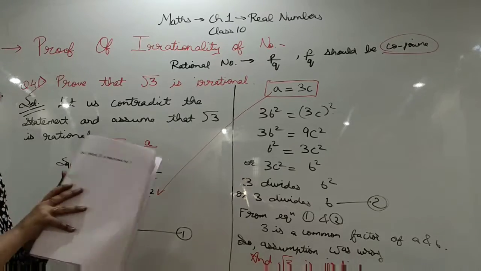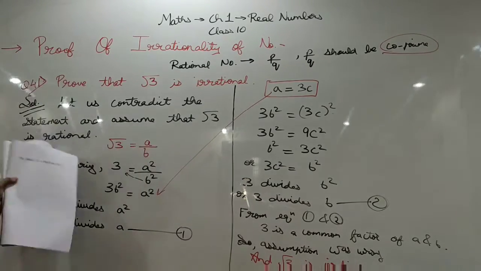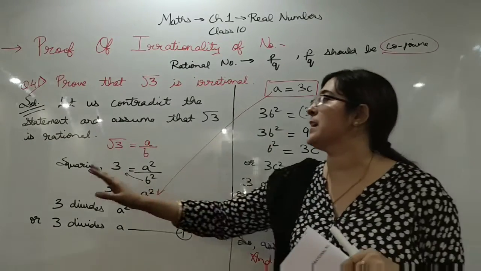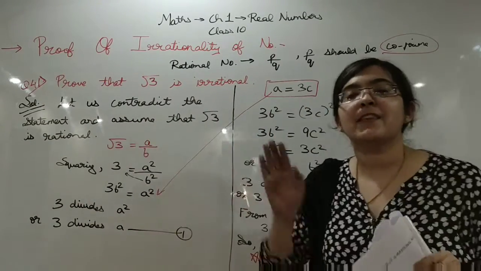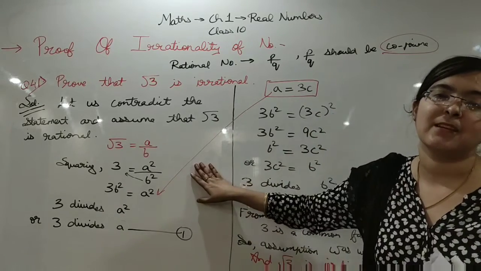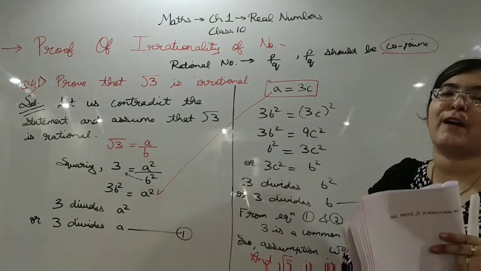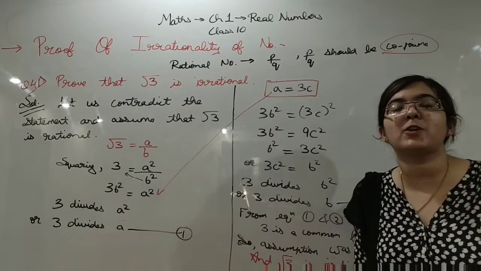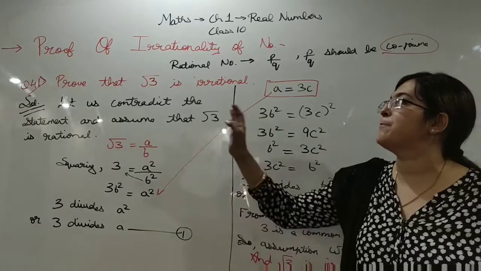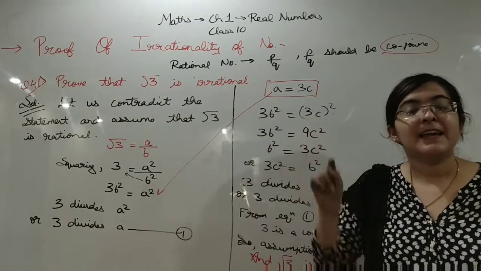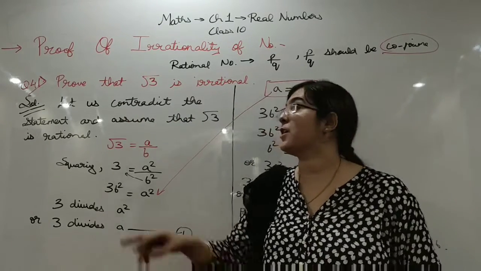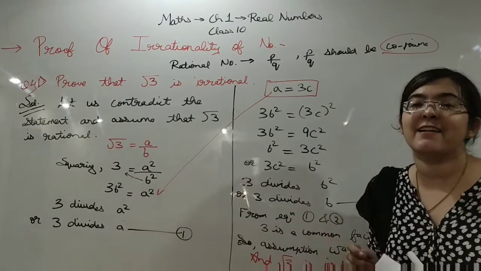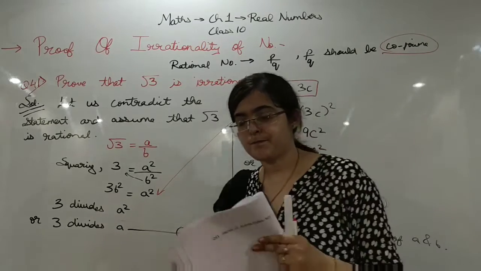Now question number 42 is same. You have to prove root 5 as irrational. Honestly, do it now only. If you have seen the 40 and 41 question, the 42nd question is same as this. What you have to do? You have to prove root 5 as irrational. Okay, in the session 2020, the question has come simple. Prove that root 5 is irrational. In the 10th board exam 2020, the question has come. Your question number 42: prove that root 5 is an irrational number.